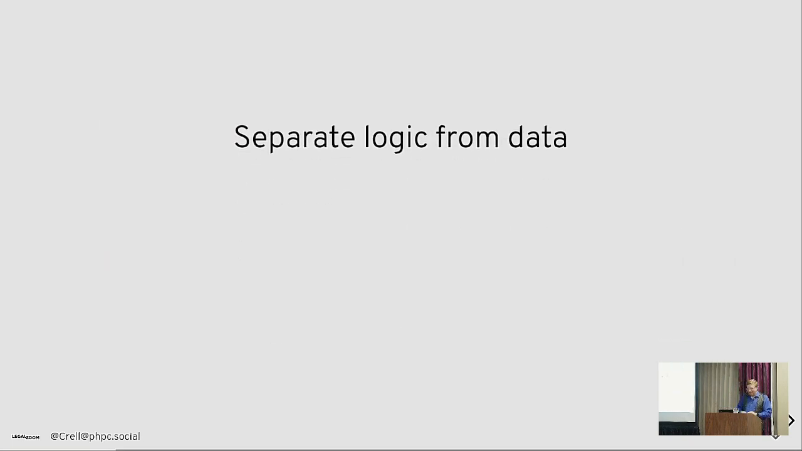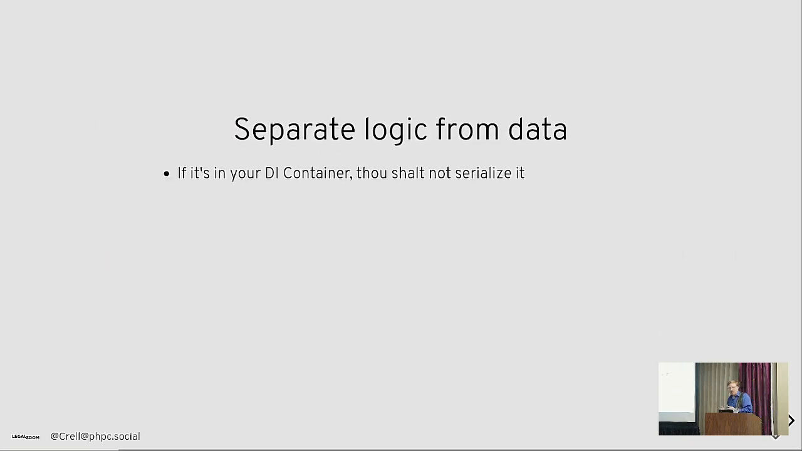What do we mean by that? If you have an object that is in your DI container, you do not serialize it, period. That's a service. You have no business serializing that. If you have an object that references something in the container, guess what? You can't serialize that because you have no way to unserialize it without messing around with globals to get those